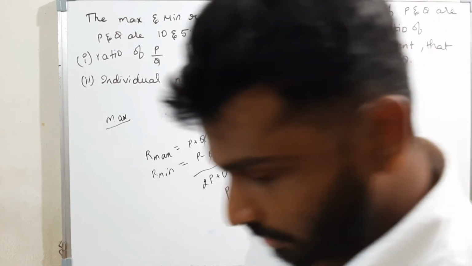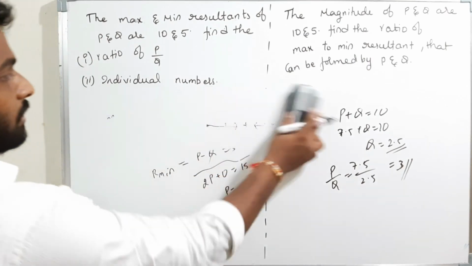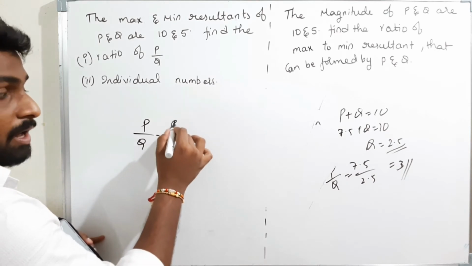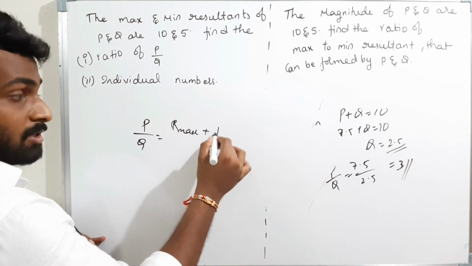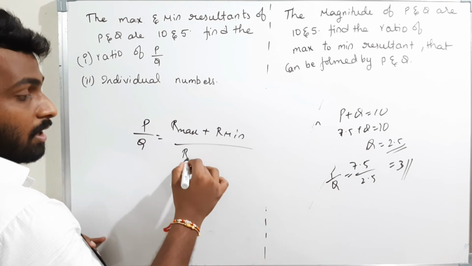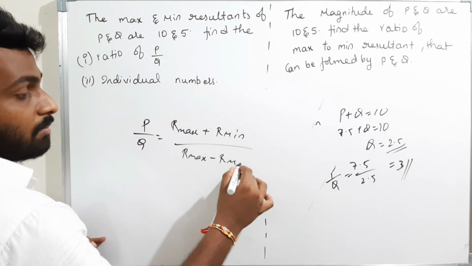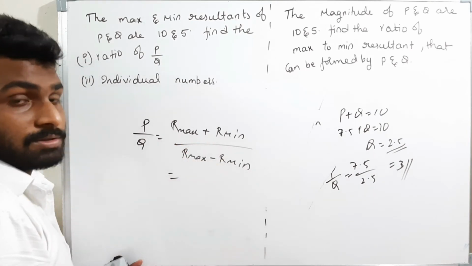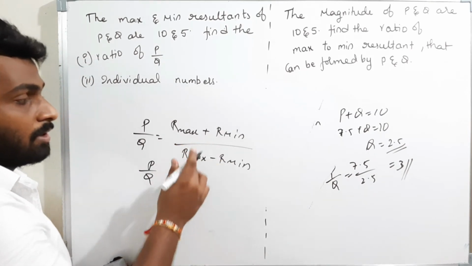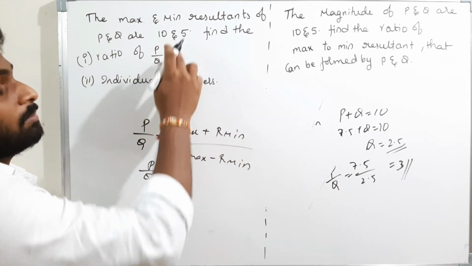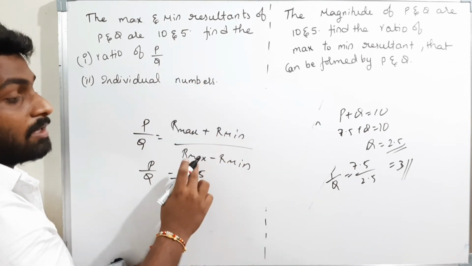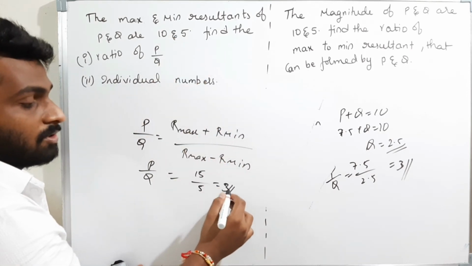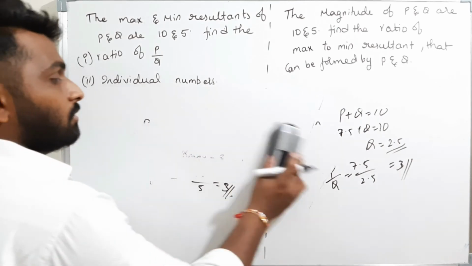That's all. Or in a simple way, I can find it. Now, see here. If they were to find the values of P and Q, the ratio is given by the formula R max plus R minimum by R max minus R minimum. In the previous concept, I derived the formula for this. Therefore, the ratio of P by Q is 10 plus 5, which is 15, by 10 minus 5, which is 5. That is, the ratio is 3. Okay, well and good. Now we will see the next problem.